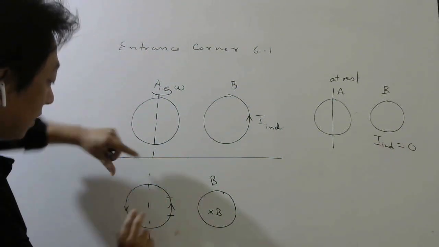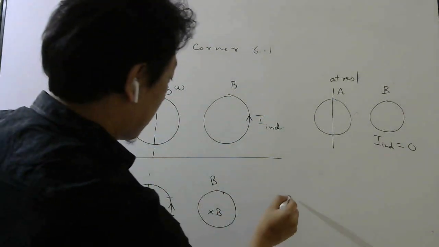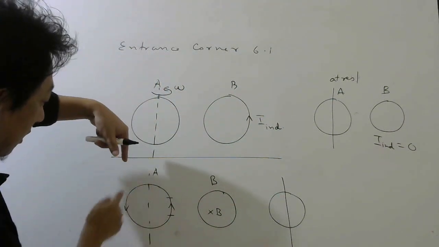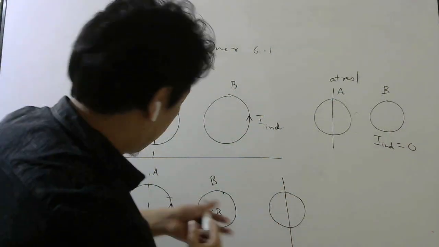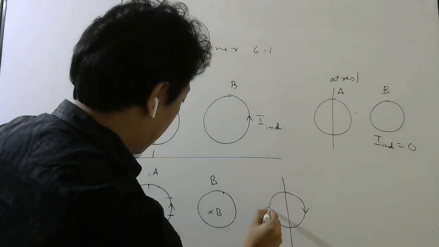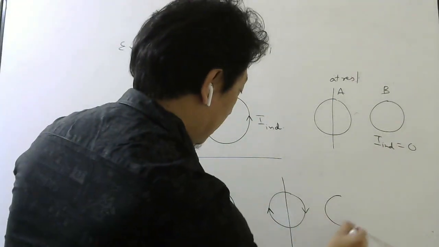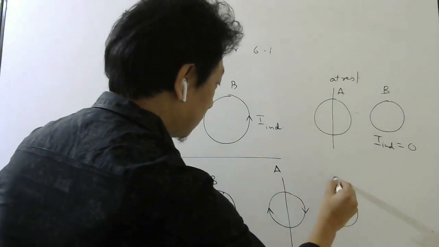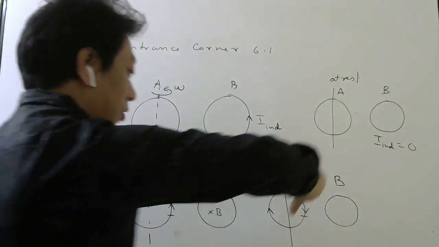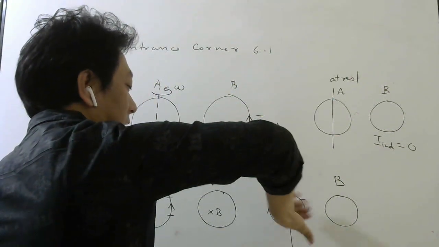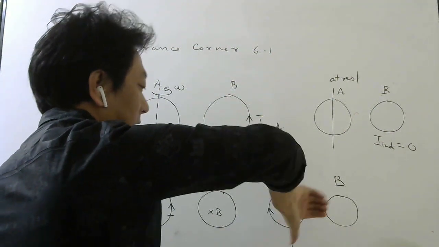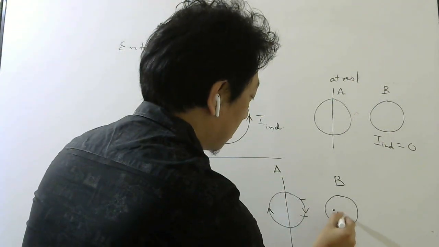Another way to understand is after 180-degree rotation, see what will happen. After 180-degree rotation, this part will come here, so current here will be like this, and this part will go here. So magnetic field in this loop will be which way? See, now this part is nearer. This is coming down, so you have to hold the wire like this. So current here will be downward, so magnetic field will be like this. So magnetic field here will be out.